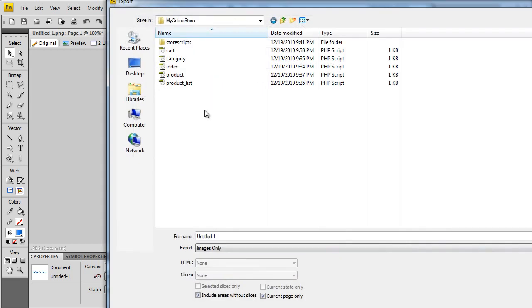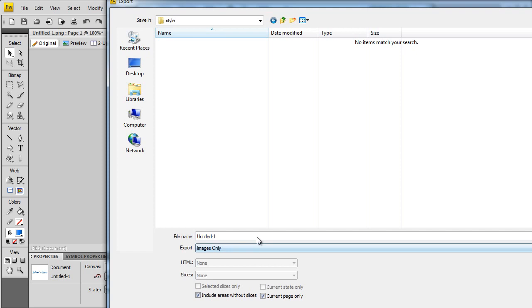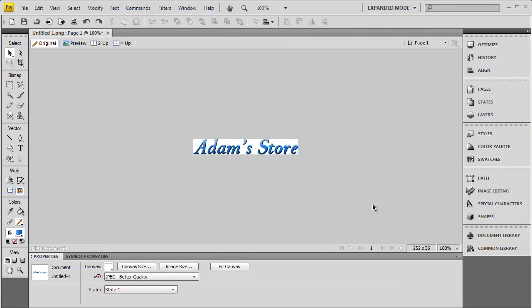Export, find your website, and at this point we don't have a style folder yet, so let's create that. Style, and inside the style folder that we just created, we're going to put this file in there, call it logo. It'll be logo.jpg. Save as. Alright,